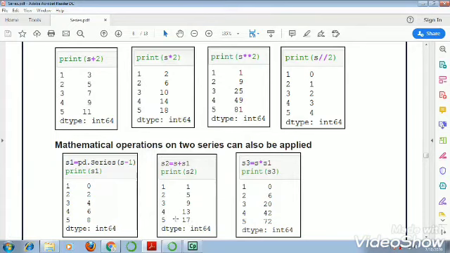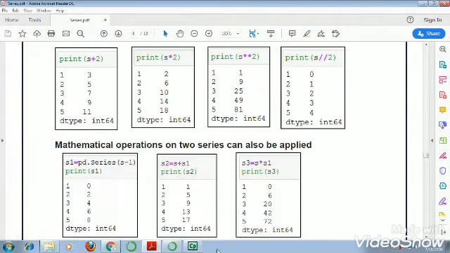That means whenever we apply mathematical operation on two series, then elements at corresponding index will be added, subtracted, or multiplied as per the operation. That means the operation will be applied on the elements having same index in both the series. So here are some examples you can see.